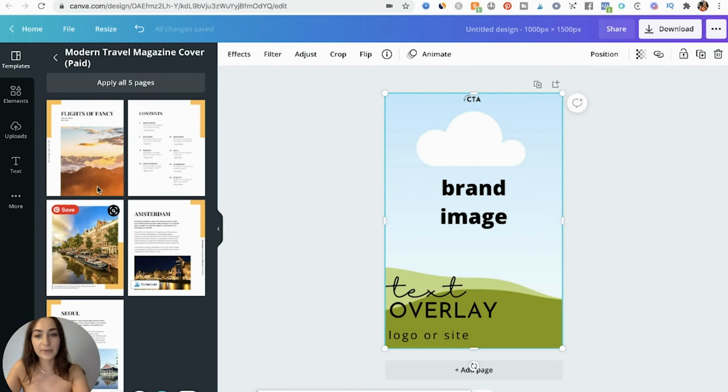If you open it up, it gives you even more variety of types of templates that you can use. This is a paid magazine cover template, but again, customize it to your needs and to fit your Pinterest account and your brand. So long as you respect the Pinterest best practices, you've got all the right elements on your pins and it's the right dimensions, you're good to go. So, last mini recap: you've got your call to action here, your background image over here, your text overlay over here, and lastly, your logo, and you will be golden